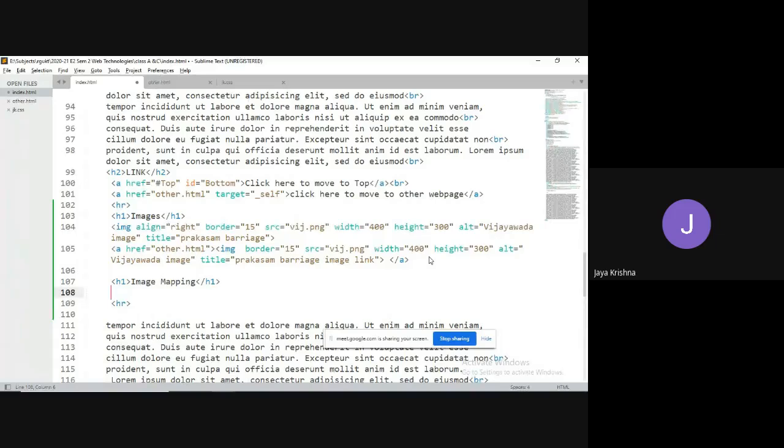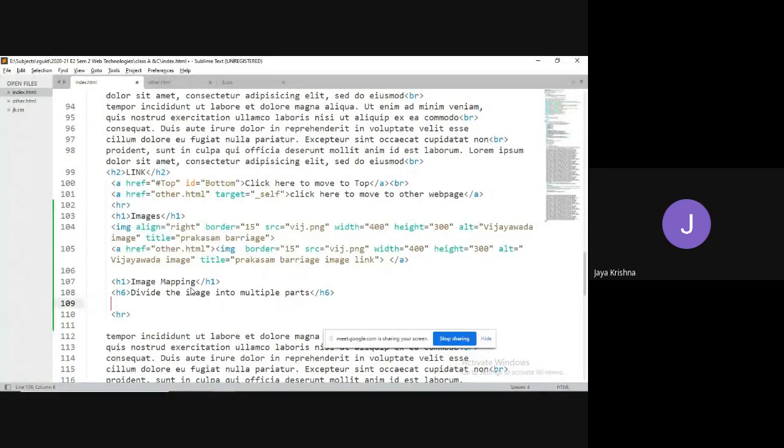Then I will go for the concept of image mapping. This image mapping is going to divide the image into multiple parts, where each part will act as a link.